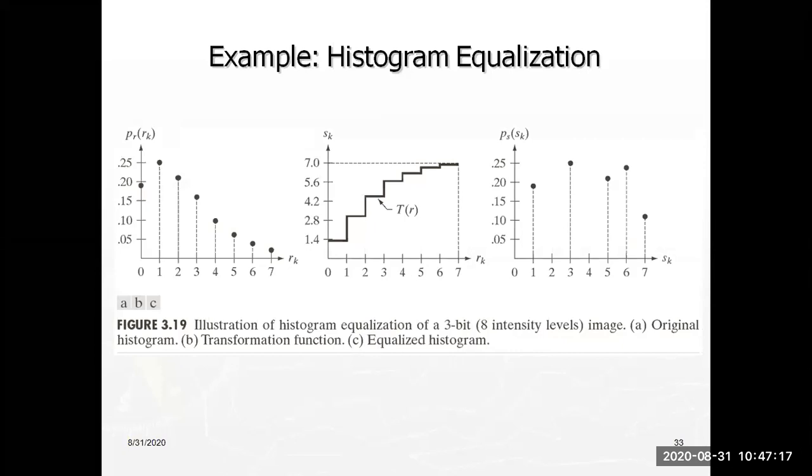What is our chapter? Intensity transformations and spatial filtering. In that, along with the previous transformation functions, this is also one of the histogram operations for enhancement purposes. In histogram processing there are four types. As I said at the start of these classes, I told you already. Once again we have to look at the previous one also.